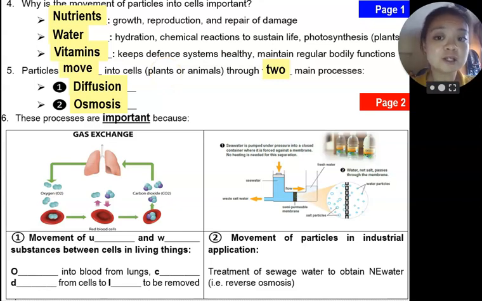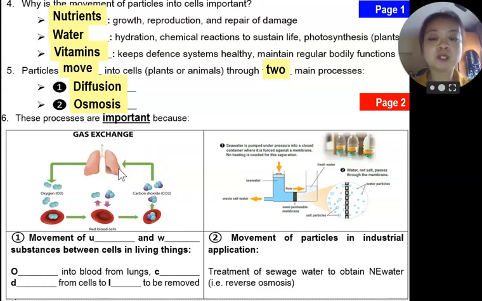and into your blood? So diffusion is a process that is very important for the movement, or what we consider gas exchange, between your blood and your body cells. Okay, so in this picture, you can see that your lungs actually help to take in oxygen, and oxygen will then enter your red blood cells. Okay, and carbon dioxide will then be removed from your blood to your lungs, and when you breathe out, carbon